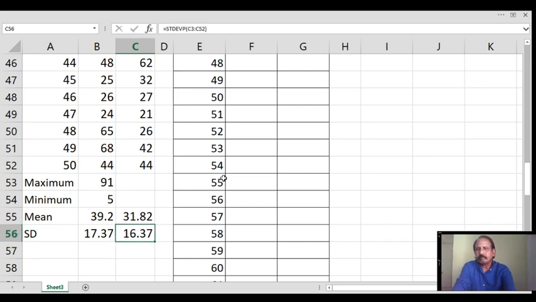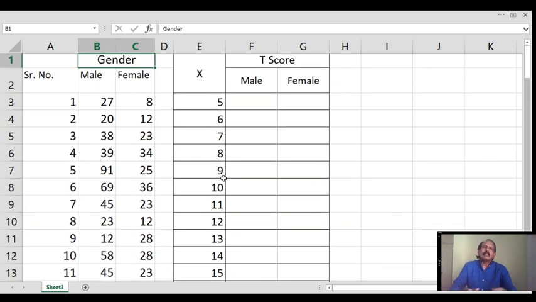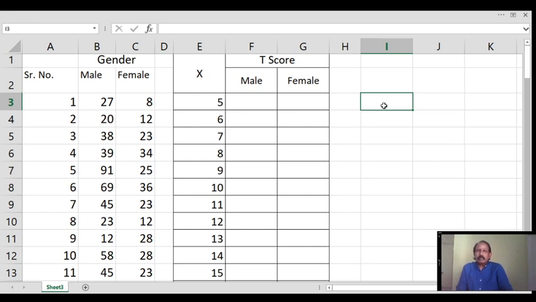Now friends, for finding the T-scores, we have to prepare a data set including all the numbers between the highest and lowest scores of the entire data. The lowest score is 5 and the highest score is 91, as we have found. We have to prepare a data set including all the numbers between these two numbers, with these two numbers. It means we have to find the data set of X, that will be called X, from 5 to 91,